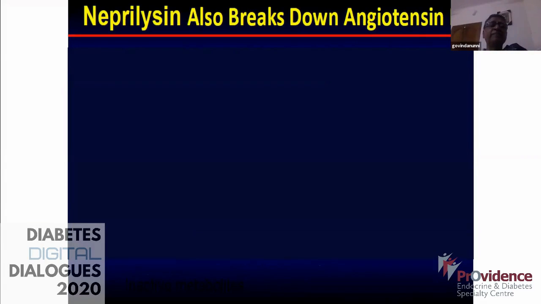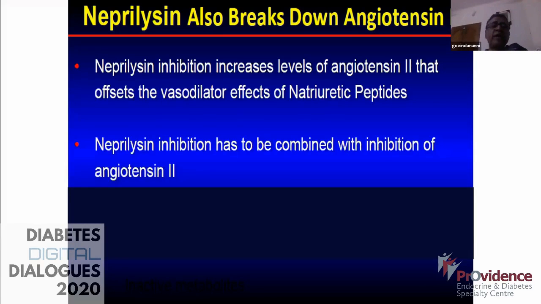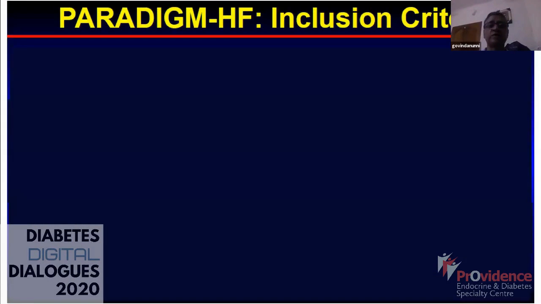Unfortunately, neprilysin also breaks down angiotensin 2, which you know is a vasoconstrictor. So neprilysin inhibition leads to increased levels of angiotensin 2, a vasoconstrictor, and that offsets the vasodilator effects of natriuretic peptides. And so neprilysin inhibition has to be combined with an inhibition of the RAS system also. When neprilysin inhibitor was combined with ACEI, both of them increased the levels of bradykinin, and so there was increased incidence of angioneurotic edema. And so it was this new combination of sacubitril with valsartan that was made,